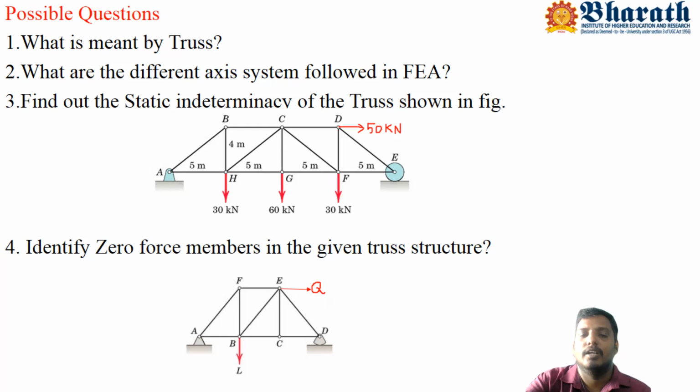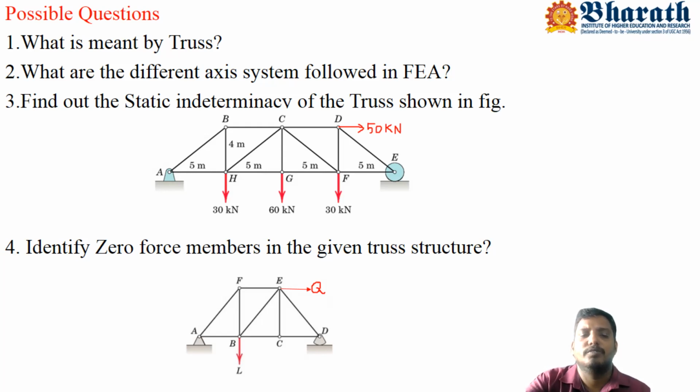I already told that kinematic indeterminacy is the minimum independent quantity required to find the displaced shape of the structure due to application of the external loading. Therefore, each node has 2 degrees of freedom, one horizontal and one vertical displacement. The number of joints into 2 gives the unrestrained degrees of freedom, minus the restrained degrees of freedom, meaning the reactive forces from the supports that arrest the horizontal as well as